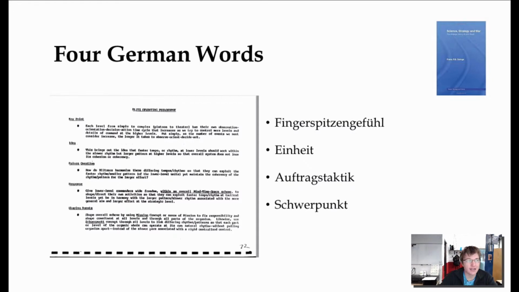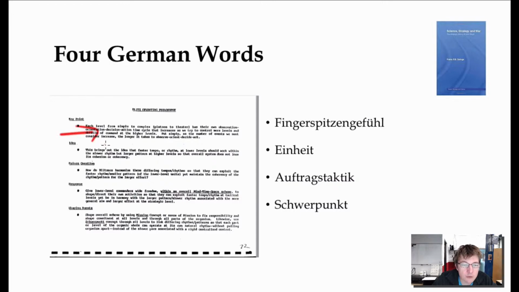If we look at slide 72 in the original slide deck, and we look at the operating philosophy here, this is coming back to the German Blitzkrieg, and Boyd trying to understand why the Blitzkrieg in its application was so incredibly effective. What he identifies is four key points. First off, key point,